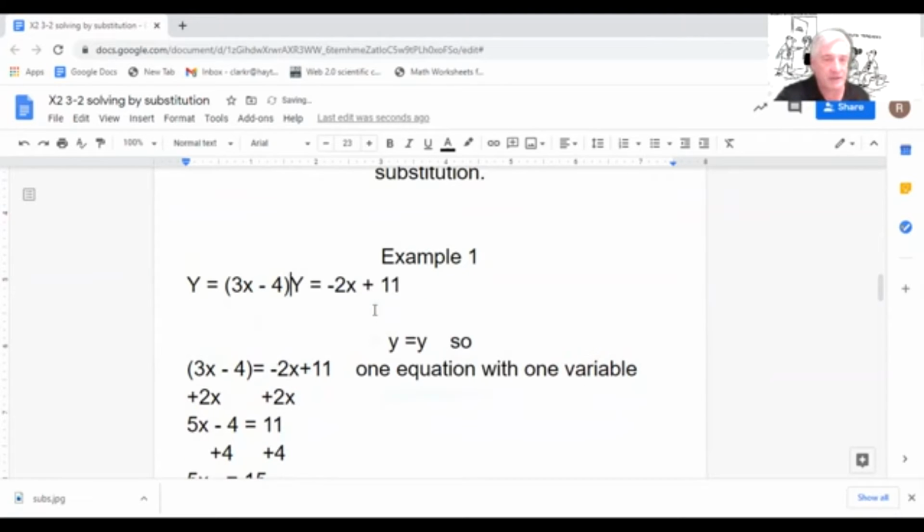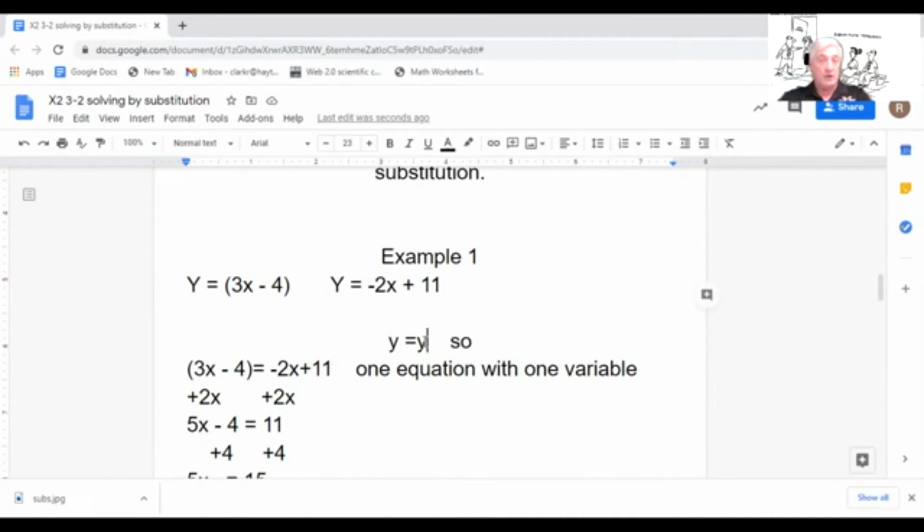Let me put them side by side so you can see two different equations, but the same x and the same y I have to apply here. Or there's no solution at all. If they're parallel lines, there's no solution at all. Let's take a look at the slope. Hey, that slope is -2. That slope is 3. So we know if the slopes are different, then they cross at one and only one